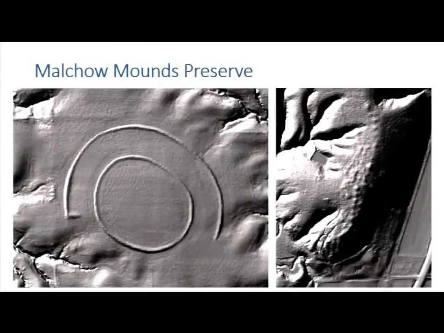This is also along the Mississippi, the Malcow Mounds Preserve. The image on the left, I have no idea what that is. And I don't even know if it's ancient or modern. But on the right are 60 conical mounds. So,